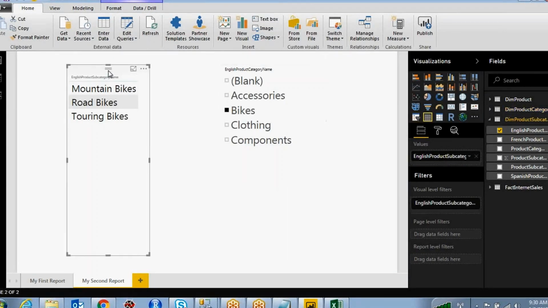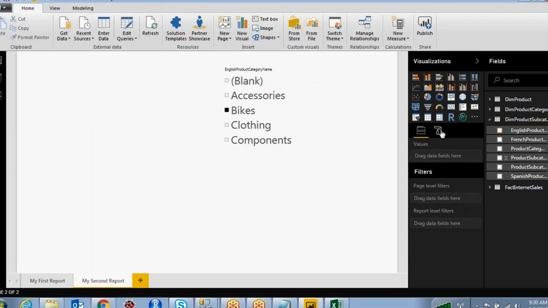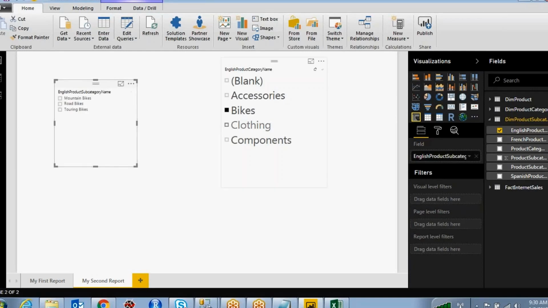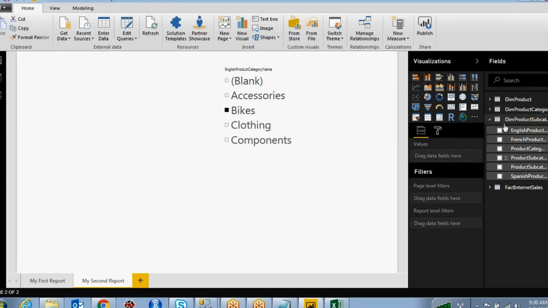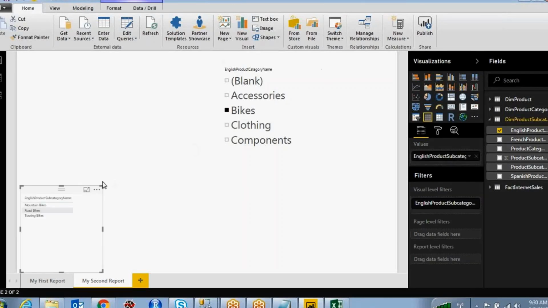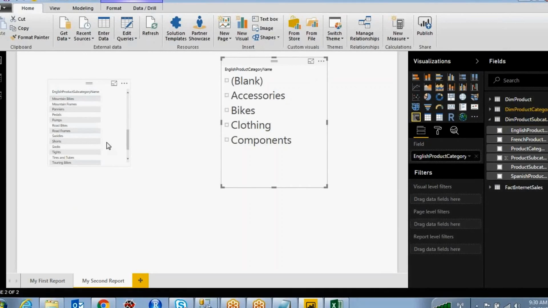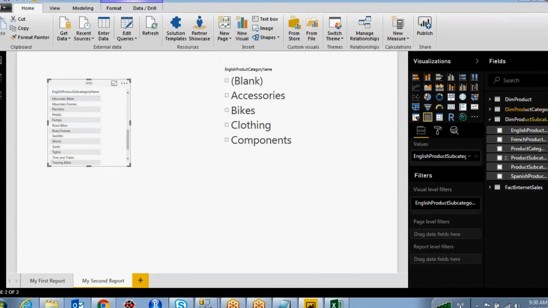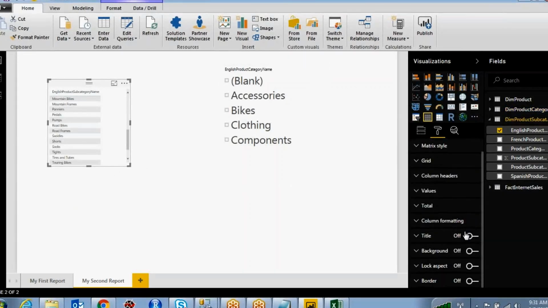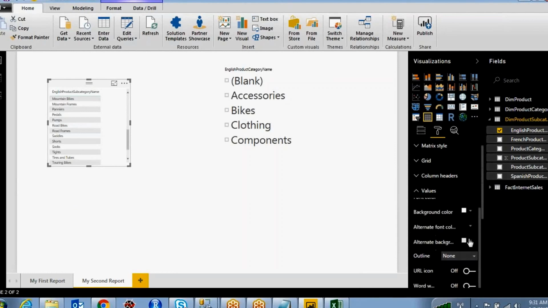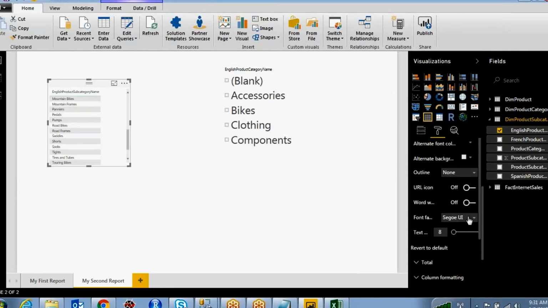Okay, what I'm going to do here, I will take one more slicer, and in this slicer I will take dim product subcategory, sorry, not product category, product subcategory, English product subcategory, and I'm going to clear the filter. So it is displaying all subcategory items, and I'm going to increase the size.